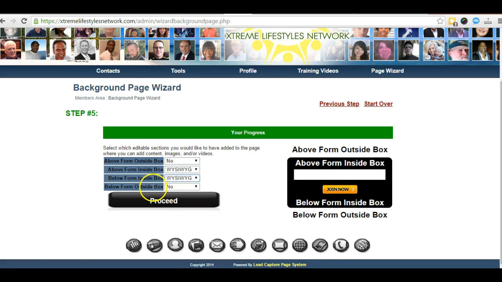And then below the form, outside the box would be, of course, below your form box, outside the box on the bottom. So, once again, it's all depending where you want ad copy. If you want to put a saying up there, like to capture somebody's attention, you would also pick this as WYSIWYG, but you choose what you want. In this video, I'm just doing above the name and email, and below the join button, but inside the box. And that's how we're going to choose it with the WYSIWYG. So we're going to proceed there,